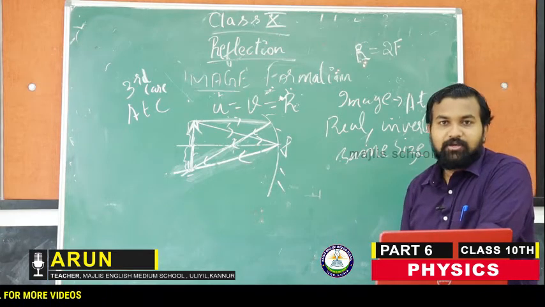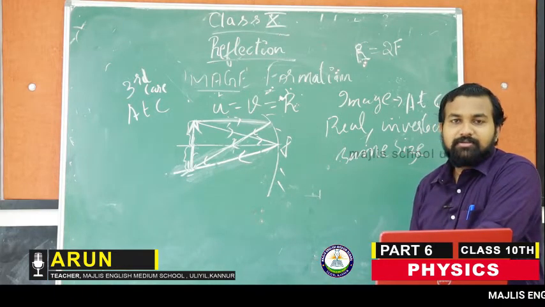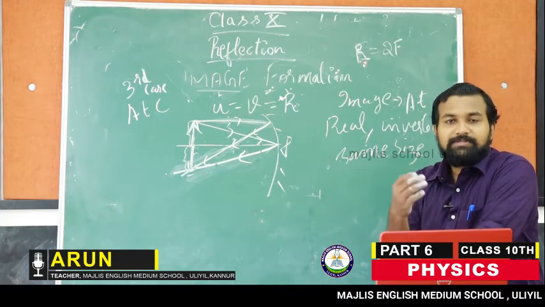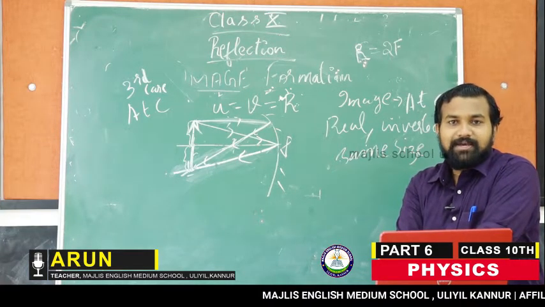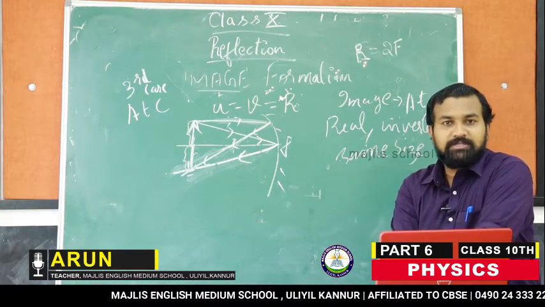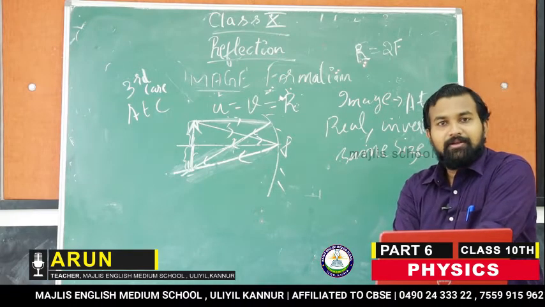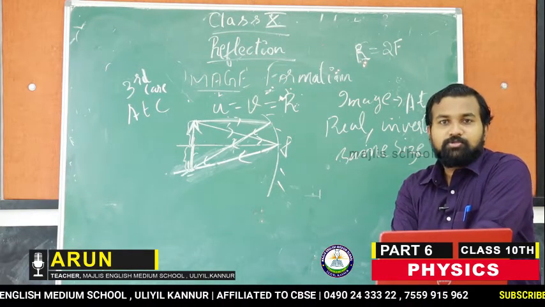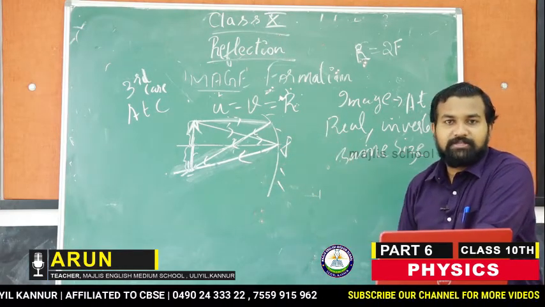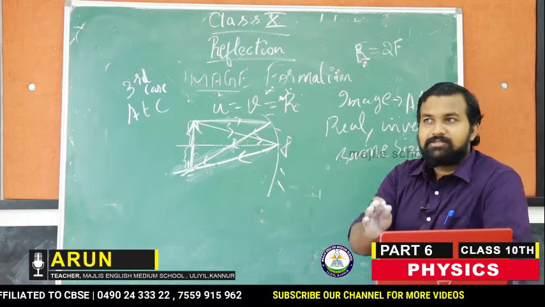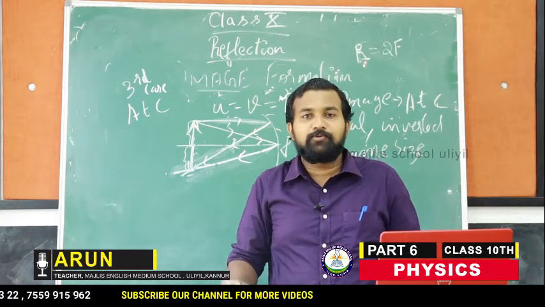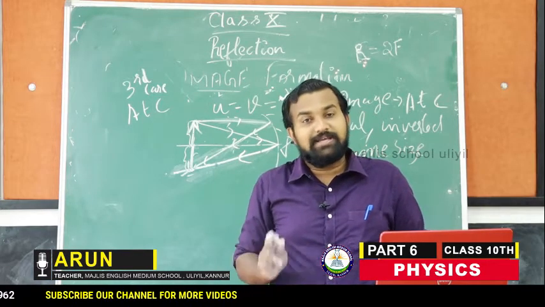If the question comes that an image of the same size is formed, or an object is kept in such a way that the image formed has the same size as that of the object, which is the mirror, and at what position is the object kept? So the mirror is concave mirror, and the position is center of curvature. So in concave and convex mirrors, there is no other position where you will get same size image.